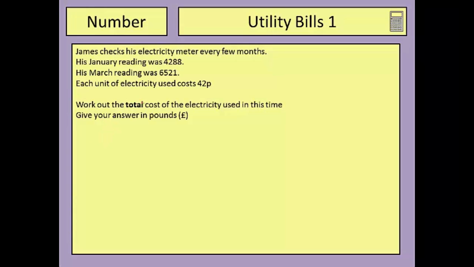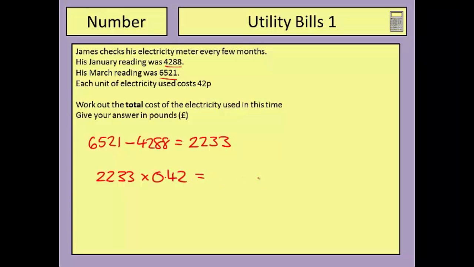Okay, so James has done exactly the same. He's checked his electricity meter every few months in this example. His January reading was this much. His March reading was this much. Now I need to work out what the difference is between them, so I'm going to do 6521 minus 4288. This shows me that the difference in between the two readings is 2,233 units of electricity. Each one of those cost James 42p, so I'm going to do this calculation here,